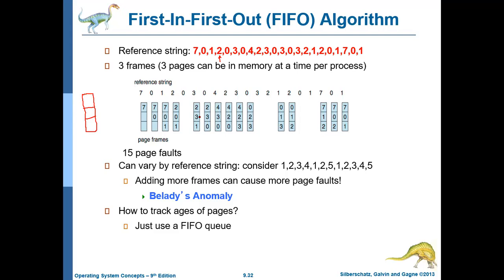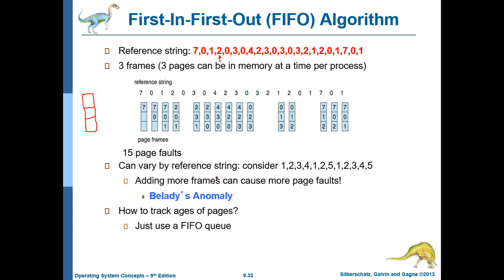It should be good for us if we are removing that particular value which is not going to be used in the near future. We just have removed 0 and next value we require is 0. Again, it's a page fault. If we remove this 1 instead of the 0, then it may be good for us in this situation. So you need to think about this also. So 15 page faults are there.